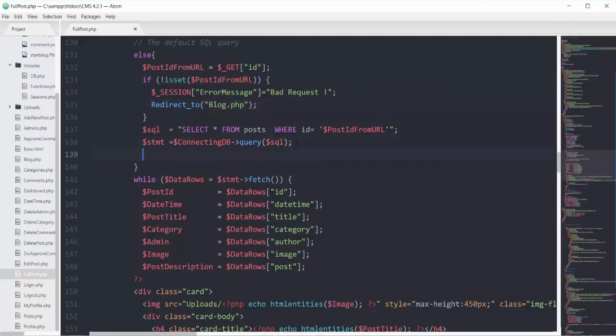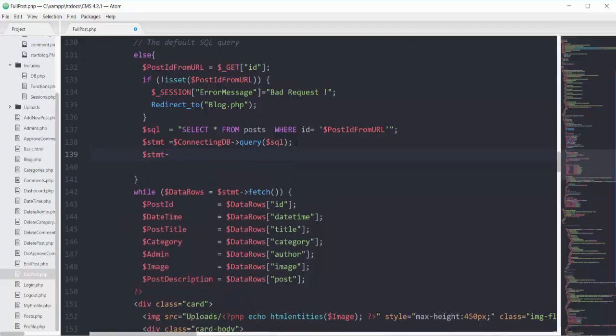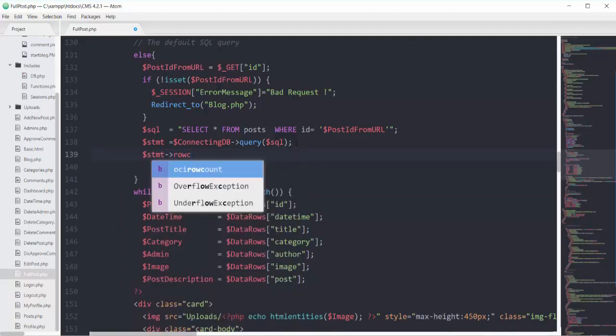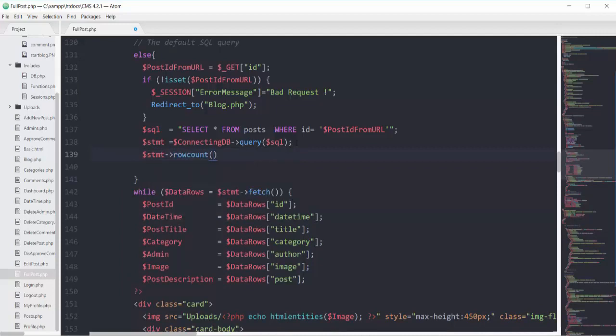Right after this query, I can use my SQL function, that is row count. Adding that function here, using the stmt object and calling the function of row count, and this will be equal to our result variable.